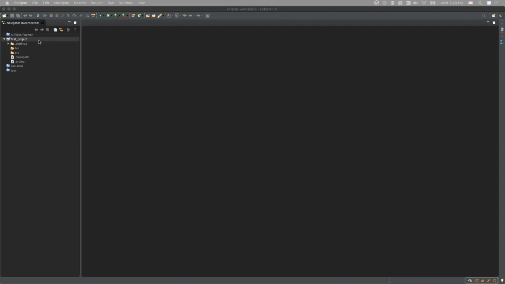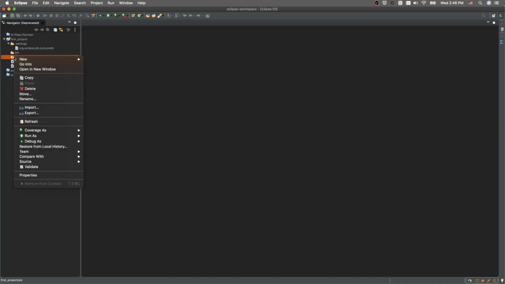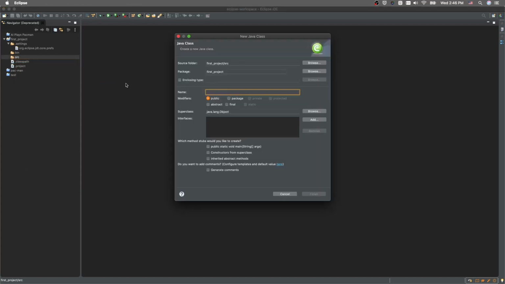Now, let's get into the code. So remember this? This is the project that we created from last episode. Now we will add in a file for our code, and we can start coding in it. So let's go to source. You right click on it and add new class. I'll explain what is a class later on in the series, but for now, just go with what I'm doing right now. And let's name it